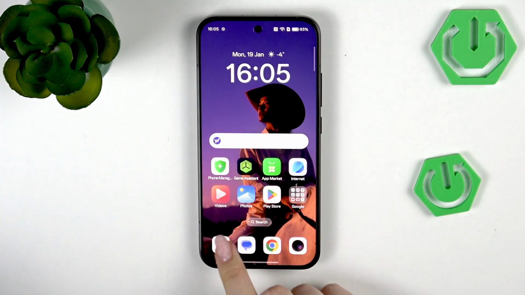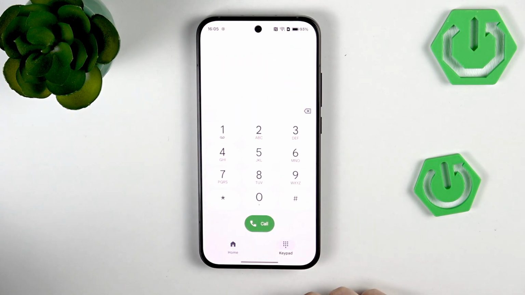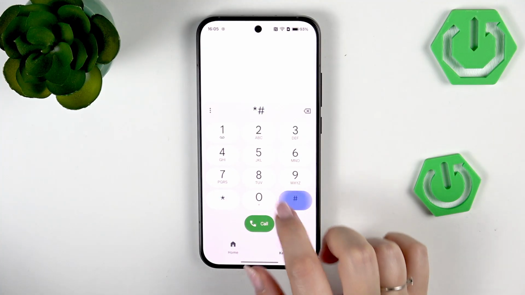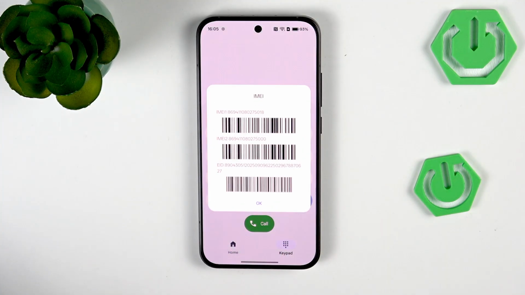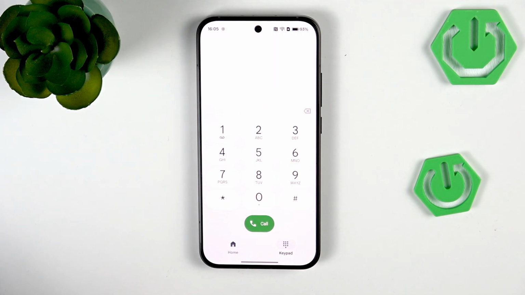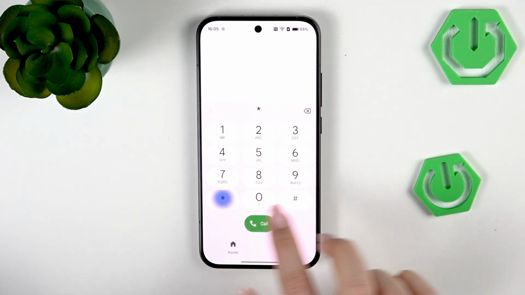So let's start with opening the dialer. Tap on the keypad and here enter the code, which is *#06#. And thanks to this code we are provided with both IMEI numbers of this device. Tap on OK, and now another code, which is